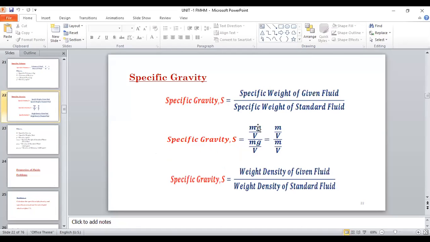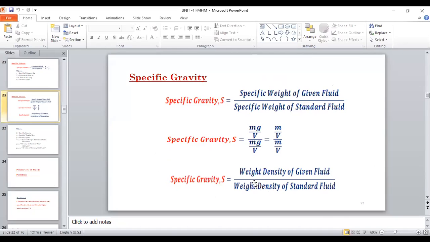Next, specific gravity we have seen, where it is a ratio depending upon the fluids which we are taking. Suppose it is a liquid, we'll take the standard fluid as water here. If you are taking gaseous fluids, then we'll take the standard as air here. Depends upon the given fluid. So specific gravity is a ratio of the density of the given fluid to the density of the standard fluid, or you can take in terms of specific weight also. Both are correct. Mostly we use density.